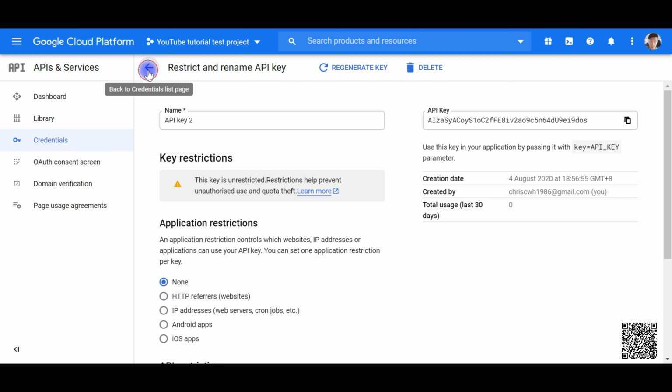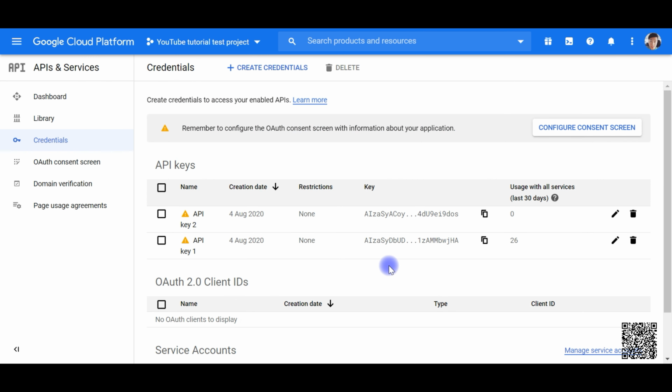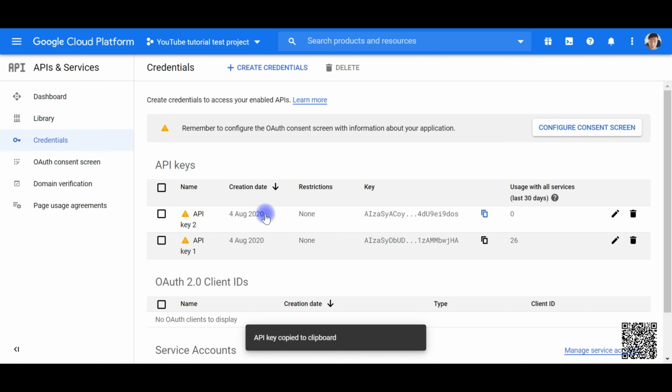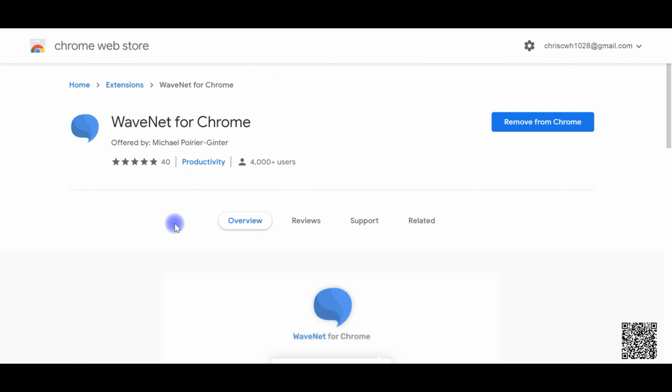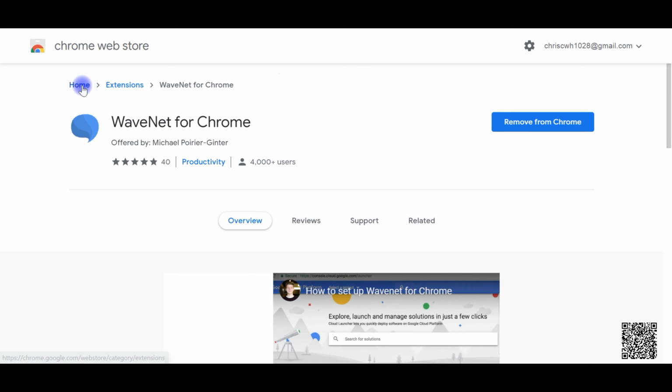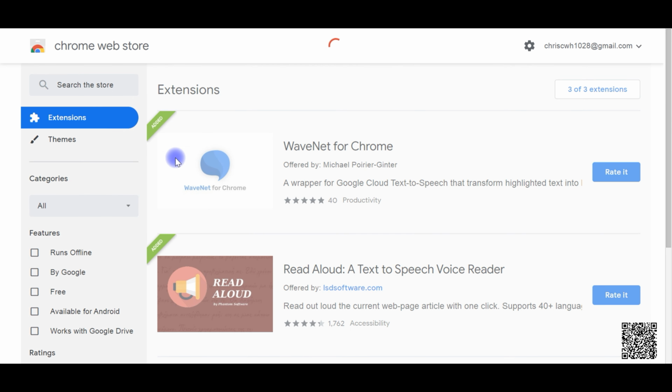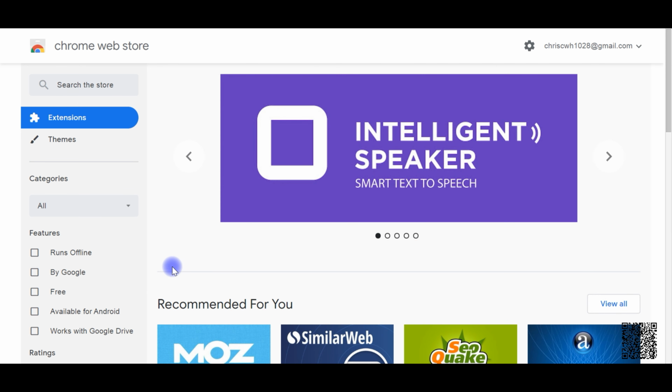Let's get back to the credentials page. Okay, let's copy this, and head over to the Chrome Web Store. Just Google for Chrome Web Store, and search for WaveNet.